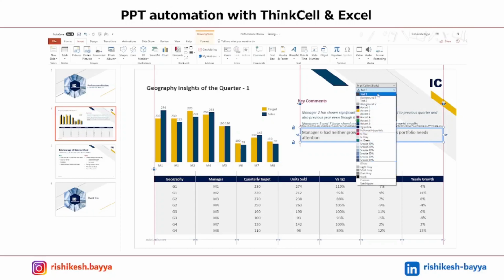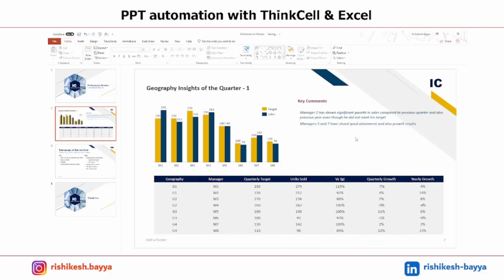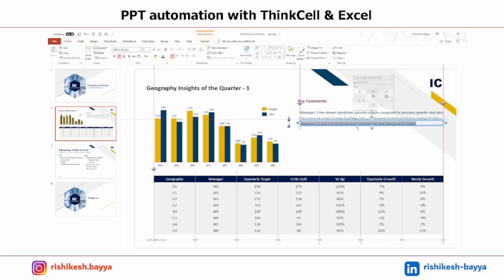So you can start something from the scratch. You can customize the way that you want to, or maybe you also use the options available in the home section also. This is one way of doing it. The easier way to do it is because you don't want to deal with the formatting again. So I'll just select the existing comment and I copy paste it, right?